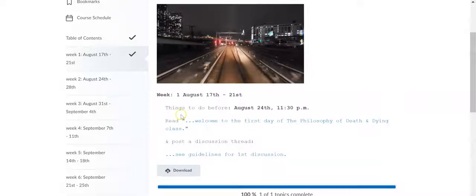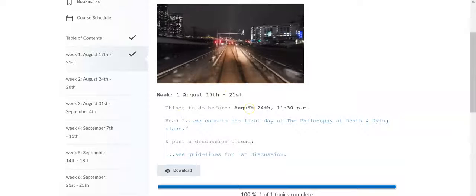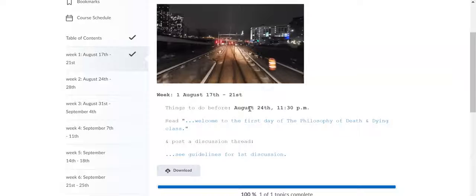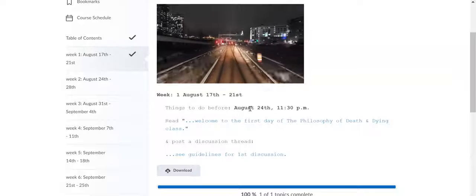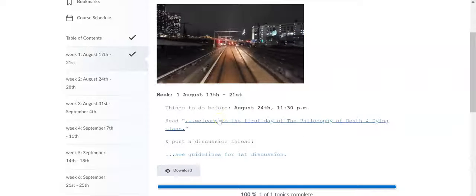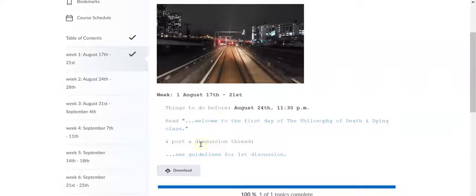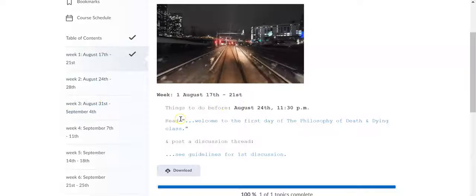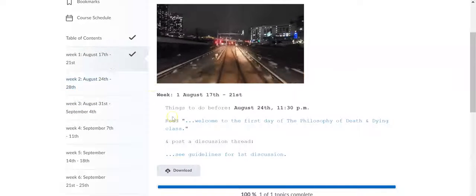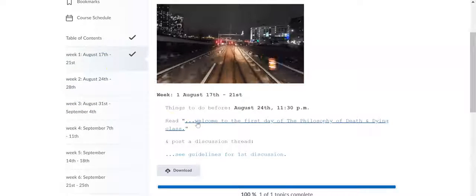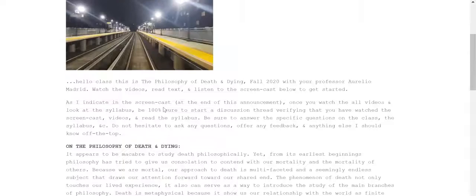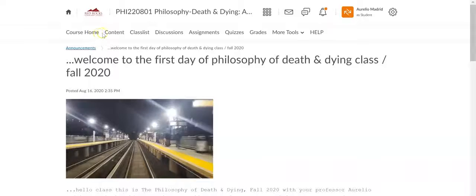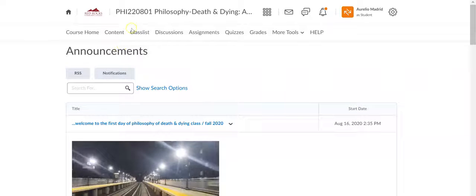And so here for week 1, you could see that we're going to be having to do this work before next week, which is Monday, August 24th, okay? And there I have a hyperlink. This is how I'll be working through these. So I'll have this laid out more or less like this every week, okay? A week ahead of time. And so we click on that, and that's taking us to our announcements, okay? But let's go ahead and go back. Excuse me. Let's go back to the content tab.